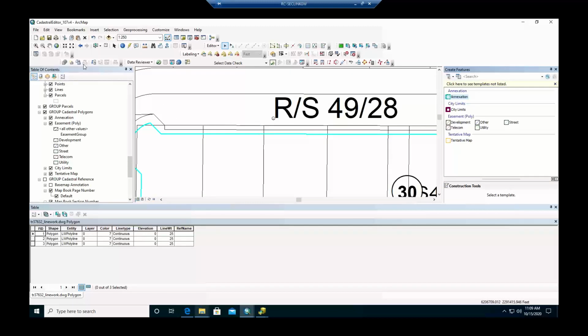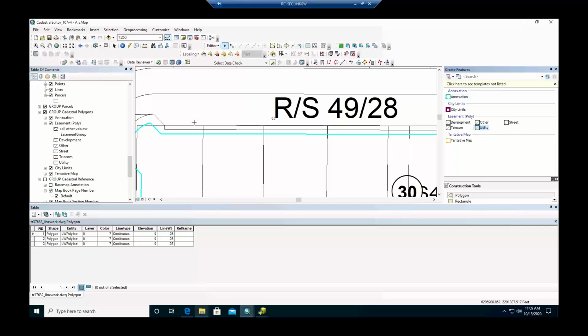So there is a little bit of a process. What I intend to do was copy and paste it, then make a buffer around it and cut it out like a donut hole. That's what I thought. But Ted, if you think that gets too complicated, the easiest way would be just